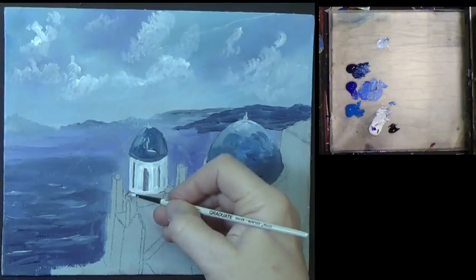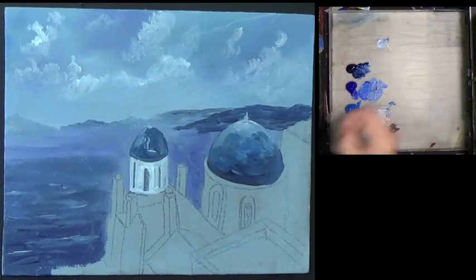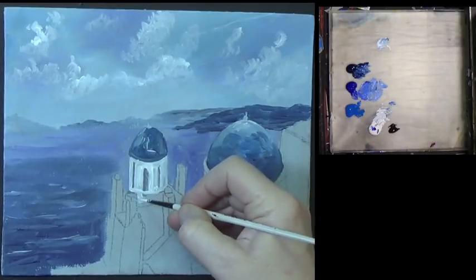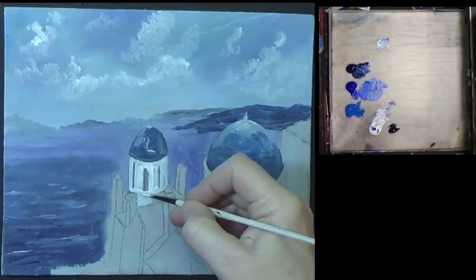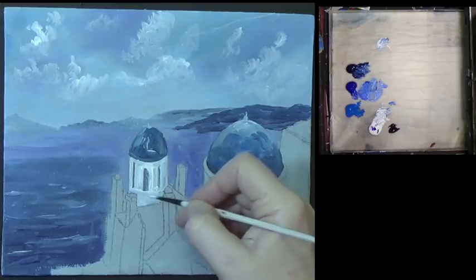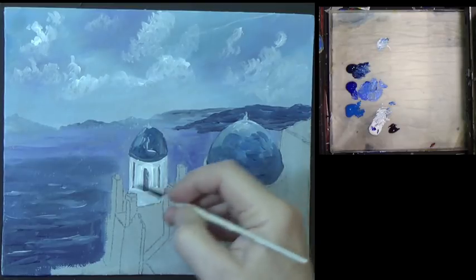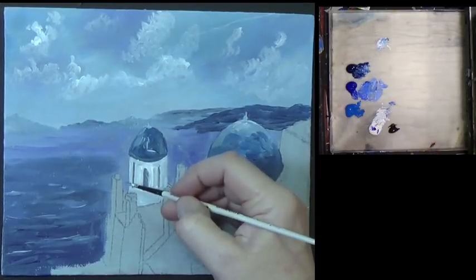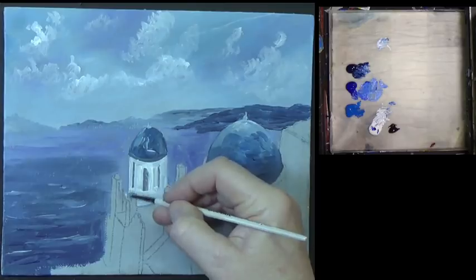And now under there, let's get some white. Just basically paint it in like that. But think of the shades and shapes. It's important you think of shades and shapes. So this side could be slightly